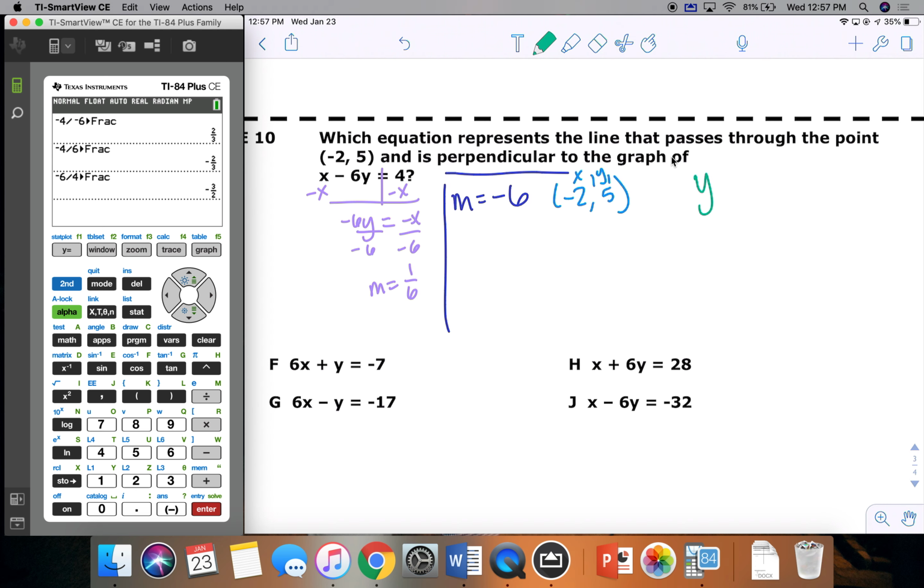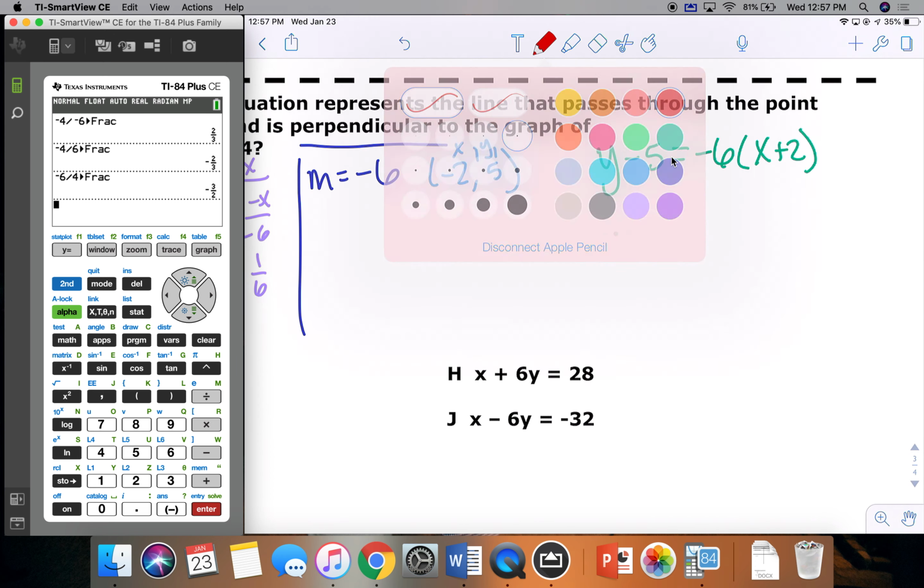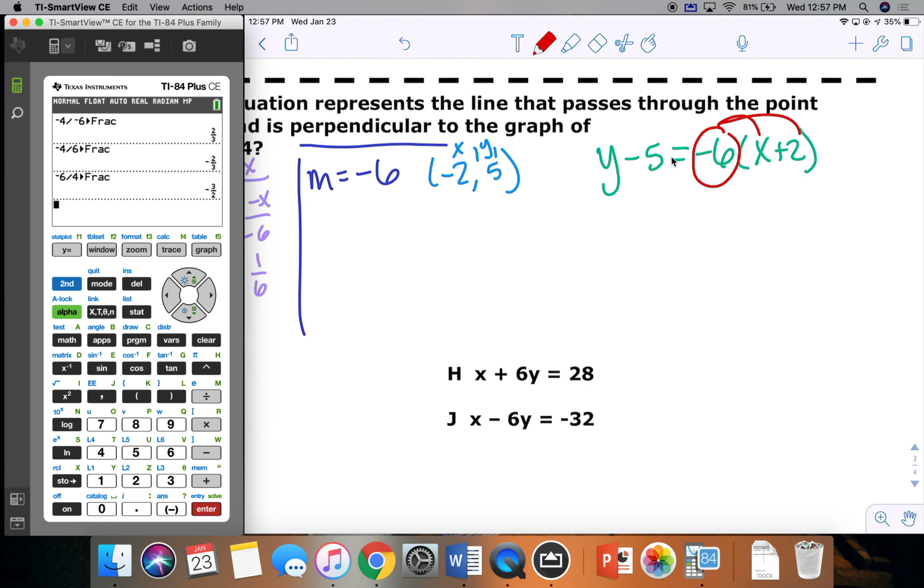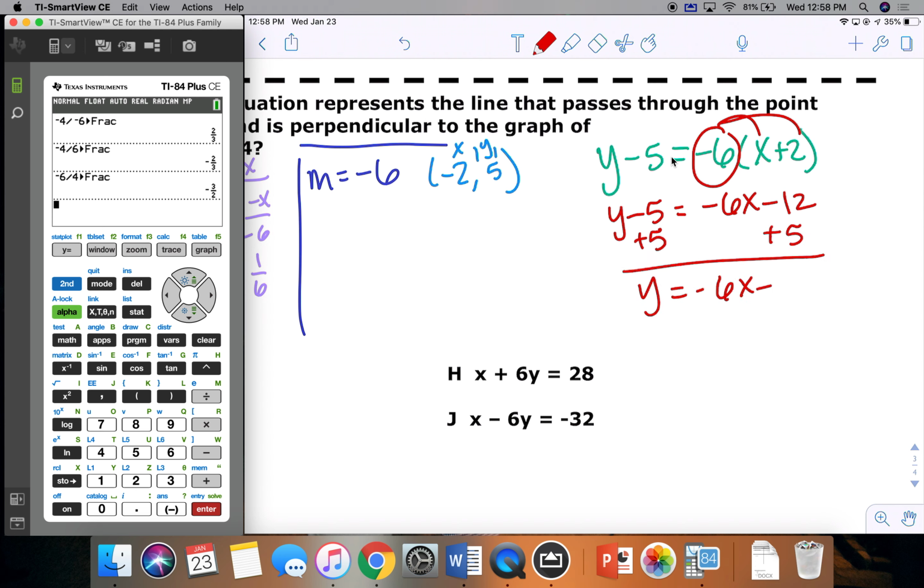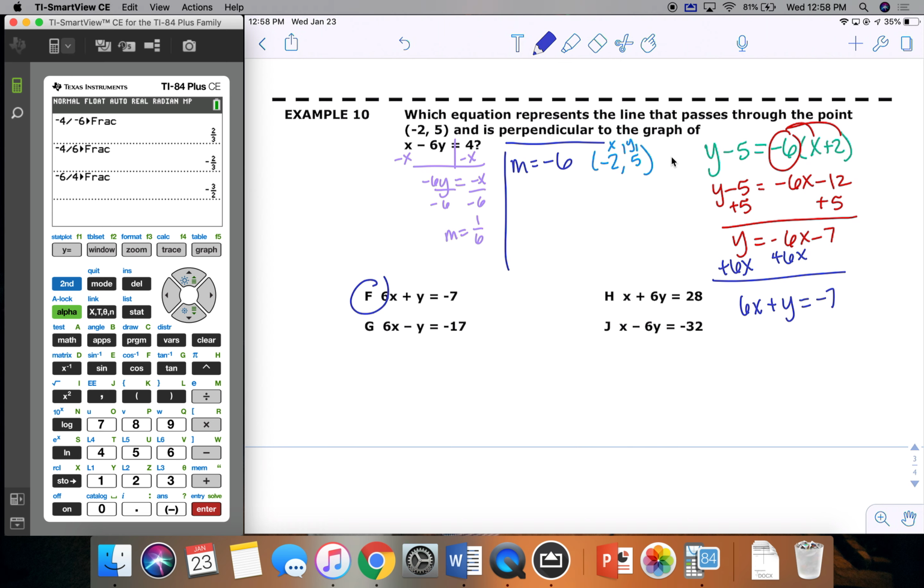So I'm going to plug into point slope. y minus y1 equals m times x minus x1, and rearrange this to standard form. So I distribute -6 times x, -6 times 2. I add 5 to both sides, so y equals -6x minus 7. And then add 6x, or move 6x to the other side. So 6x plus y equals negative 7, which is answer choice